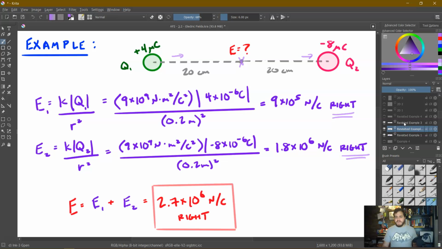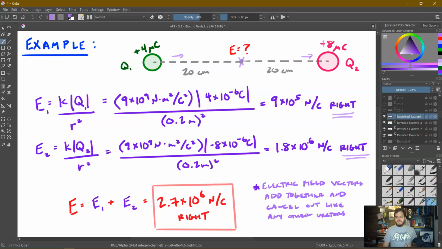That the electric field will just be E1 plus E2, which is 2.7 times 10 to the 6 newtons per coulomb to the right. Now, let's say that this one on the left had instead been positive. Well, then they wouldn't be added anymore. They would in fact be subtracted because these are vectors. They are vectors, so we have to add them like vectors. And because of that, we can either add them together or cancel them out very, very easily based on the